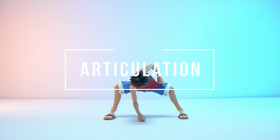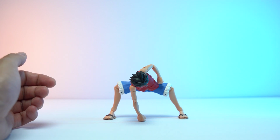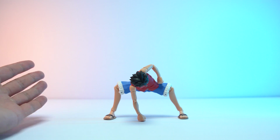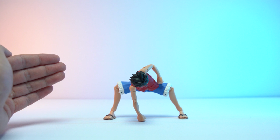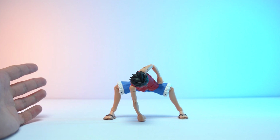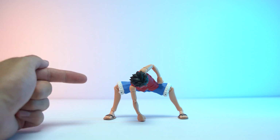Alright, let's take a look at Luffy's articulation, and bam, Gear 2 pose, and it's done really pretty easily, in my opinion. Yes, I did do a little bit of research before going into this review. Again, this is the first time for me to look at an SHF One Piece figure, so a lot of this is new to me, but I am aware of the issues people had with the previous raid on Onigashima Luffy, which people said they couldn't get Luffy to perform this pose naturally or easily, but with this figure, I